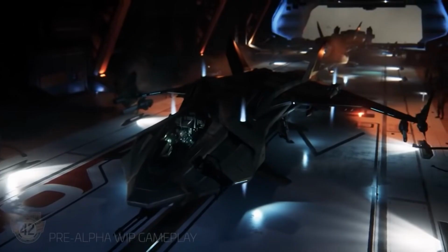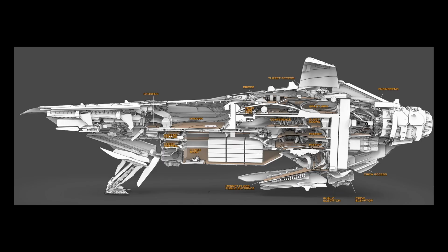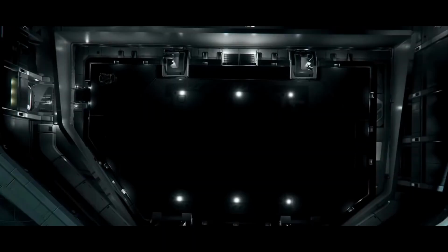But even a mighty Idris is not all powerful. It, for example, only has space in its hangar for 3 small fighters. It has no anti-capital ship-sized torpedoes, and it has none of the specialized features of ships such as the Pioneer, the Merchantman, the Kraken, or the Orion. It does, however, have more hangar space for fighters than a Javelin-class destroyer, which is a ship that costs twice